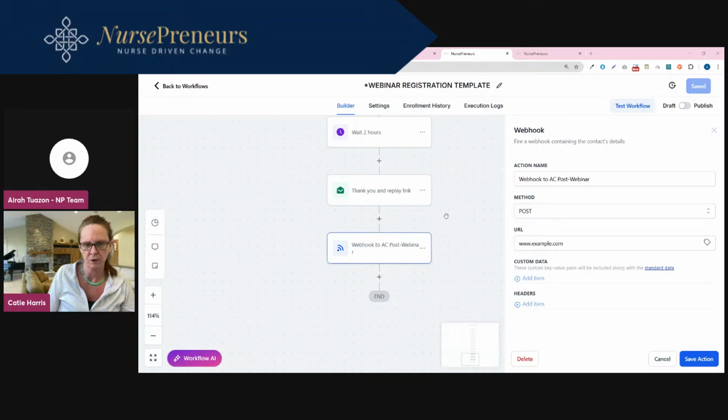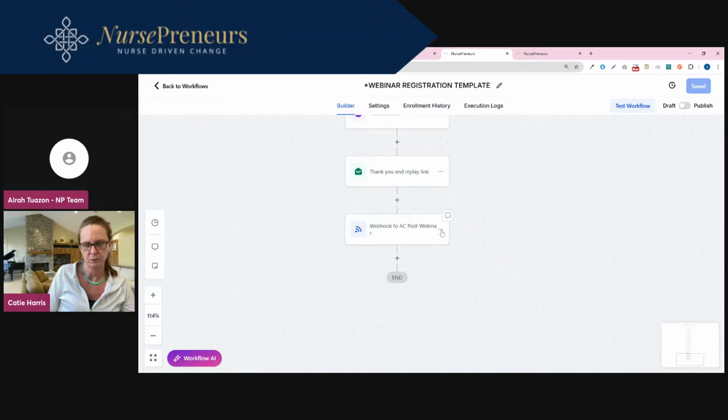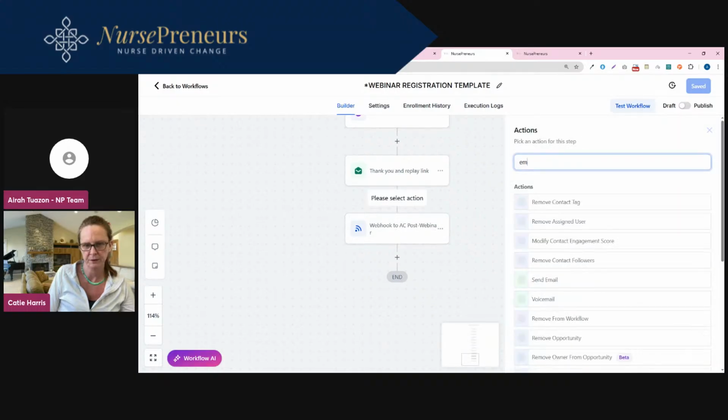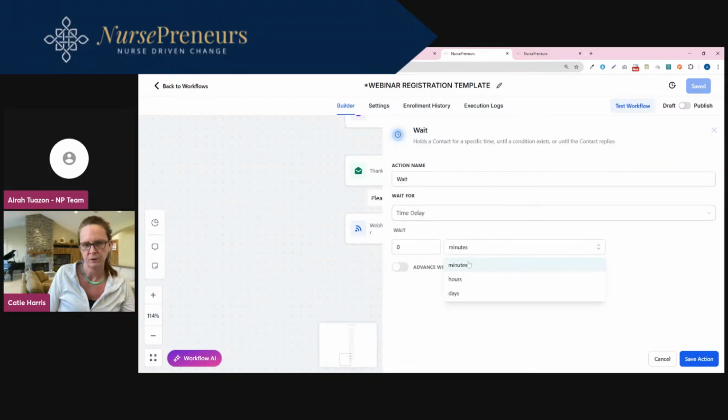But what you could do here is, wait a day. Just what you would do is hit the little plus sign, add a wait step here, and then just however long you want to wait. If you want to wait 1 day,